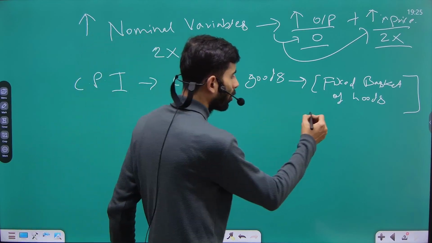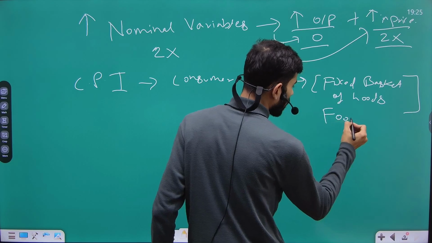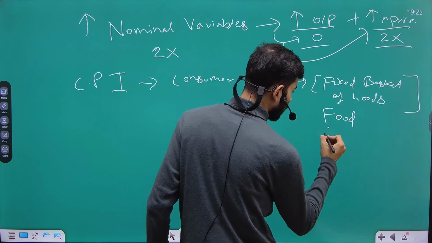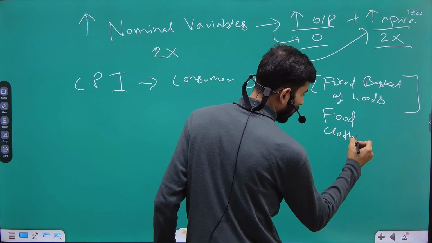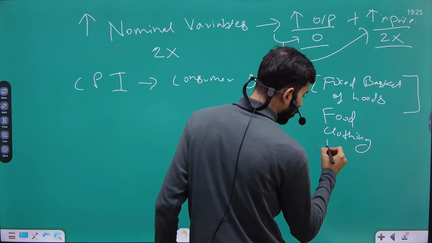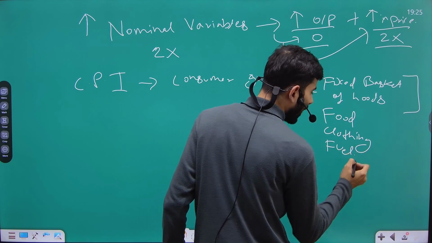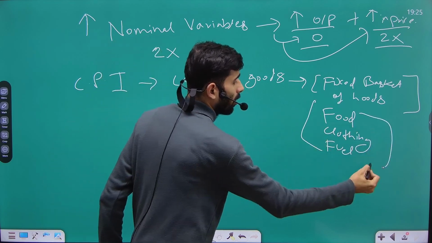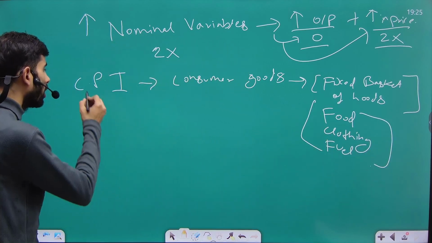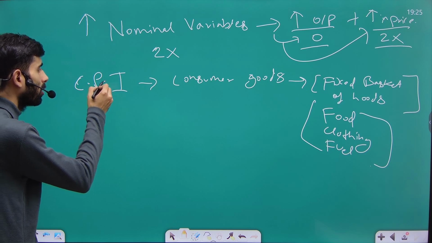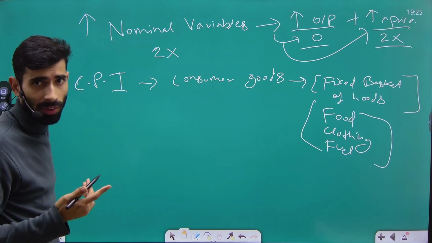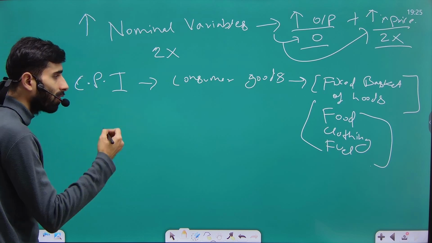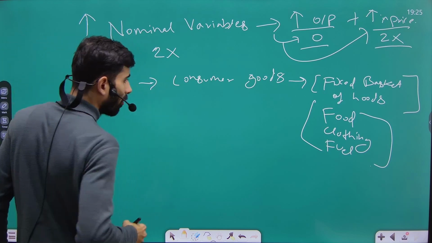Basically, it includes some amount of food products, some amount of clothing, some amount of fuel, and other basic things. But whenever we calculate CPI, there might be different kinds of bias. What kind of bias can be there? First kind of bias is